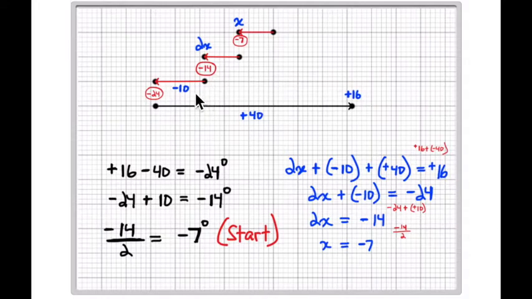It's 10 degrees colder, so that's adding a negative 10 degrees to negative 14, which is a negative 24 degrees. Then adding positive 40 degrees to end up at positive 16. So notice that if you add a negative plus a positive value, you subtract their absolute values. 40 minus 24 is 16, and it's a positive 16 because there are more positives